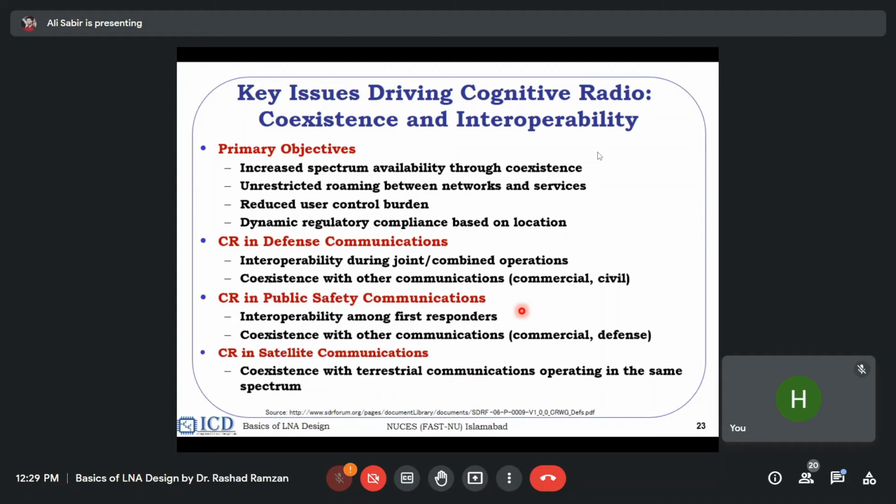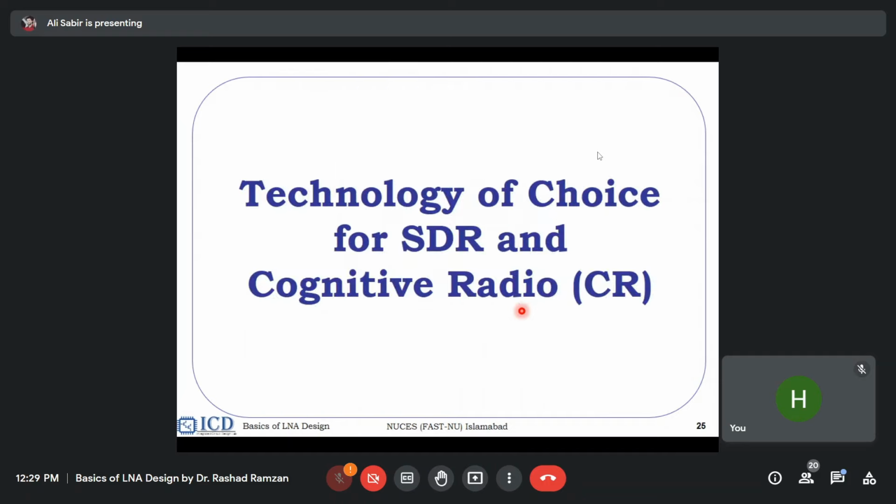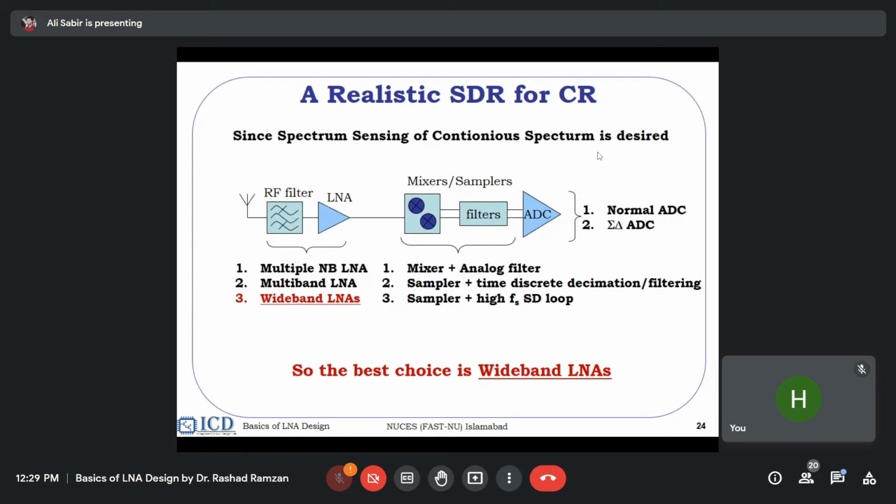So these are the different applications of the cognitive radio. Defense is one of the major applications in this area. So this is the realistic SDR, where we have a frequency translation and then we have a